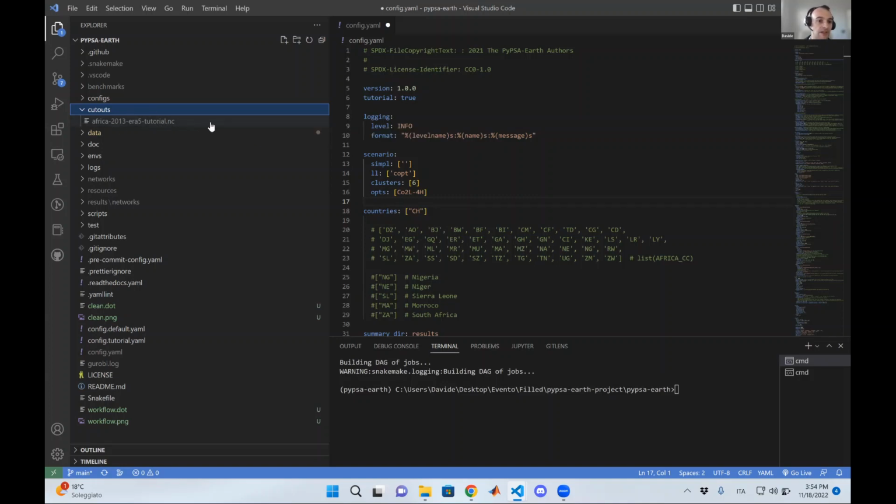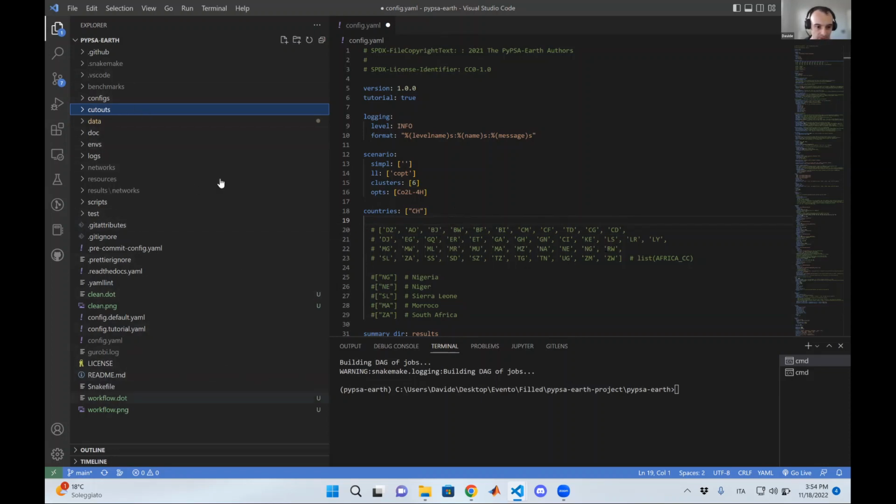It contains, for example, temperature, humidity, wind speed, and so on for the region of interest, according to the region that is being created. Okay, so this is an overall